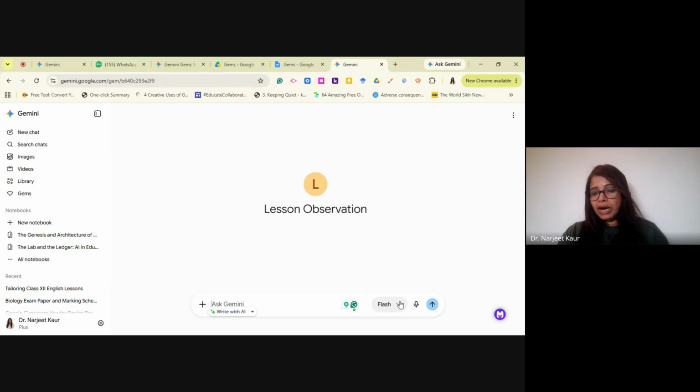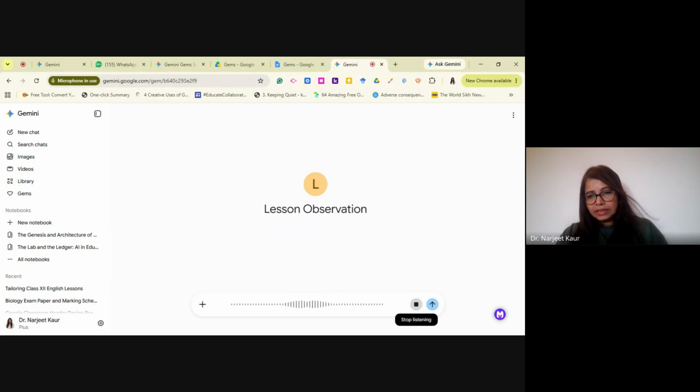Now it's my turn to give my raw material of the observation that I collected. I can use a microphone also. I usually don't even write it. I use a microphone and say: I observed Mrs. Kaur's class today. The hook that was used was very useful for the children, and the children were pretty engaged.